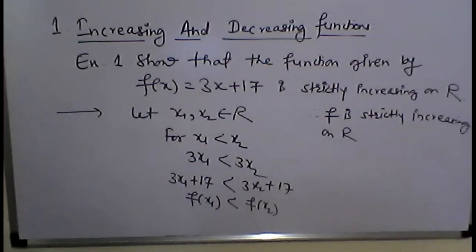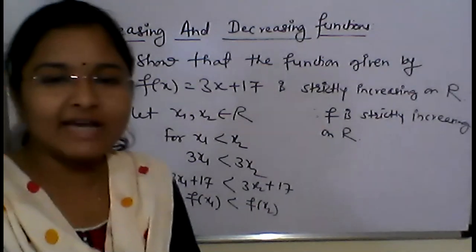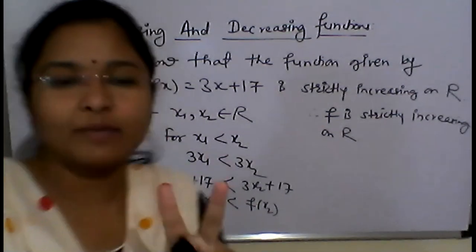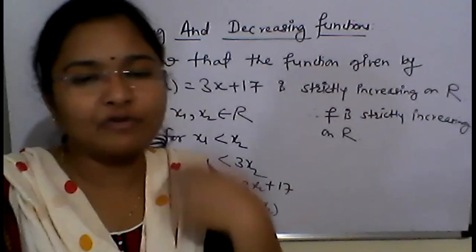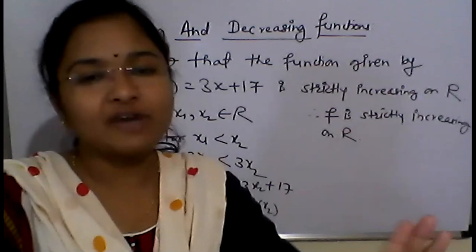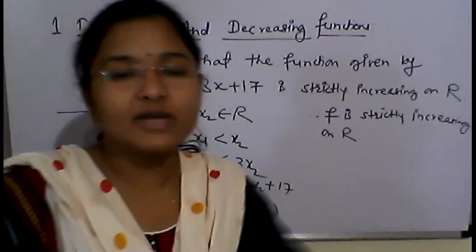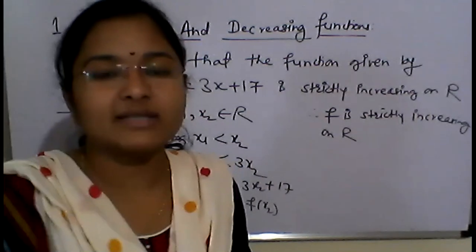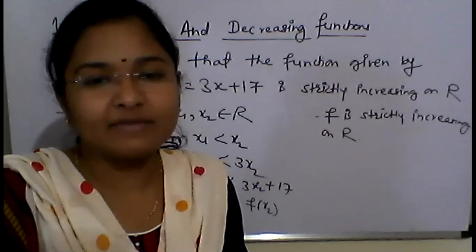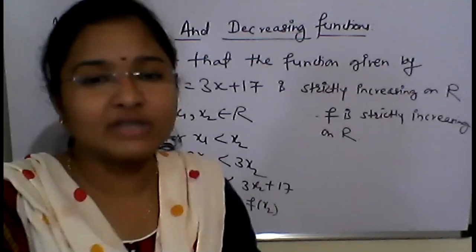Okay, next example we'll see. Or we can have one theorem. Theorem number 1. Write down. Condition. Now see here, we have taken the simple condition when we consider two points x1 and x2. When x1 is less than x2, then we get f of x1 less than or equal to f of x2. Then the function is said to be an increasing function. But what is the use of derivatives? For this, theorem number 1 is there. Now after finding the derivative, we can check whether the function is increasing or decreasing.